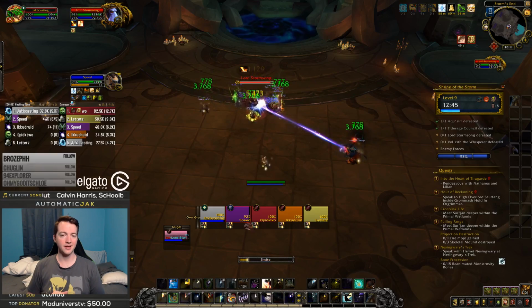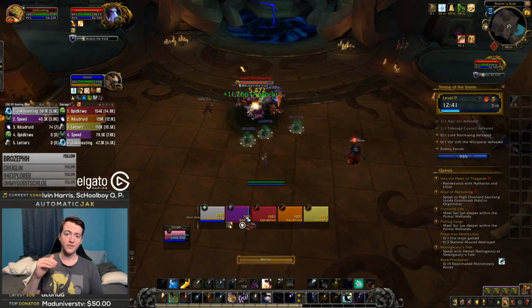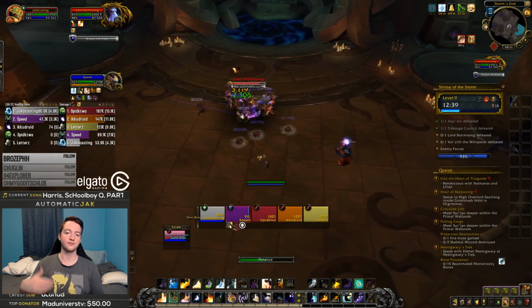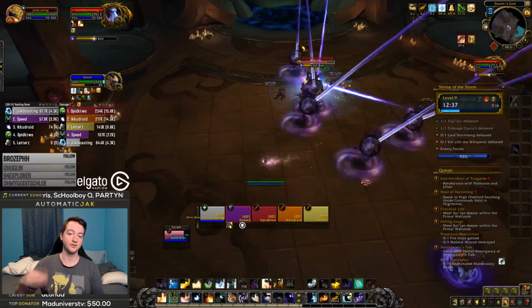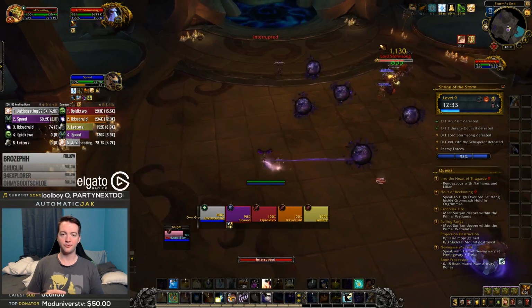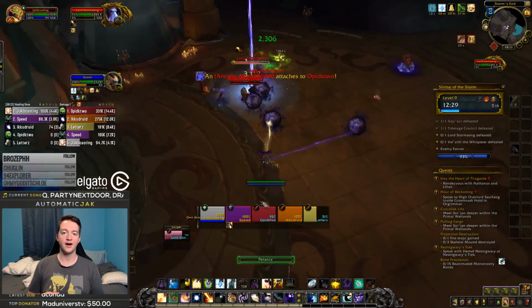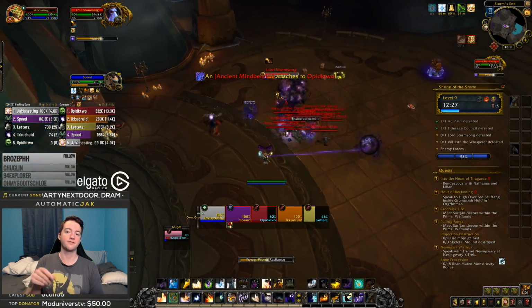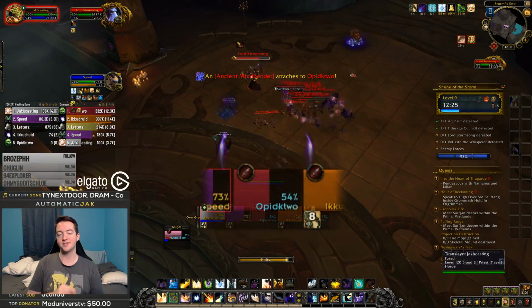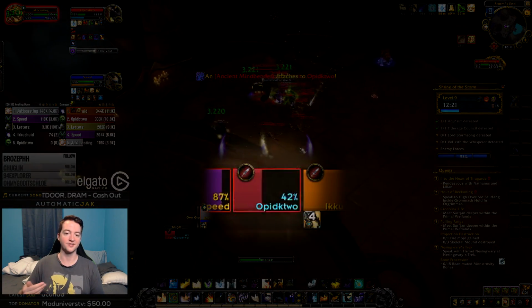And then he'll also summon a Mindbender, which will attach itself to one target and silence them. And when that happens, you have to deal as much damage as possible in order to make sure you break them out. As it stands right now in beta, you actually have to deal increasing levels of damage to the target in order to break them out based off of the keystone level. So as you see at a +9, we are almost killing our ally here to make sure that